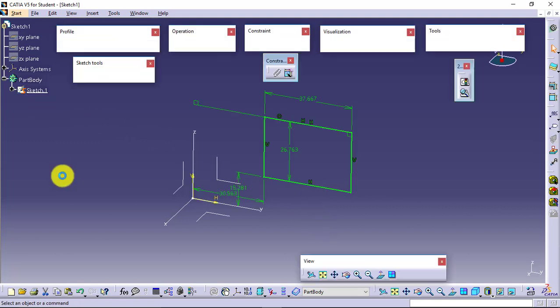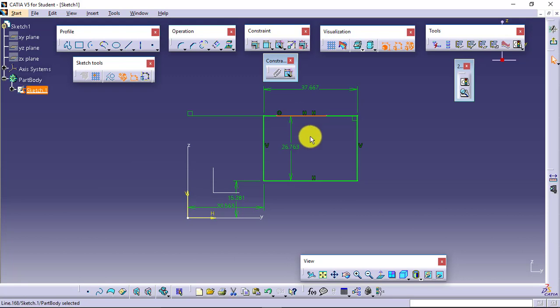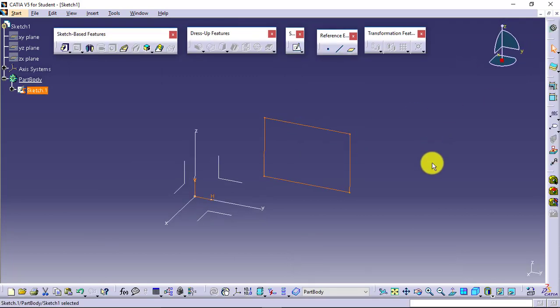I'll double click on the sketch again, and I will resolve it, and I will exit from the sketcher environment. Now I am not able to see any black dots. It means my sketch is fully constrained as well as a closed loop sketch. So this was all about the sketches. If you save the sketch, there is no separate file extension for sketches. It will be saved in the part extension only.